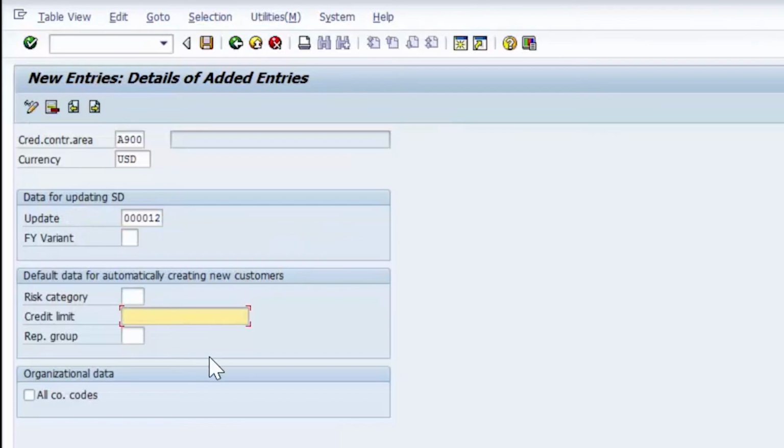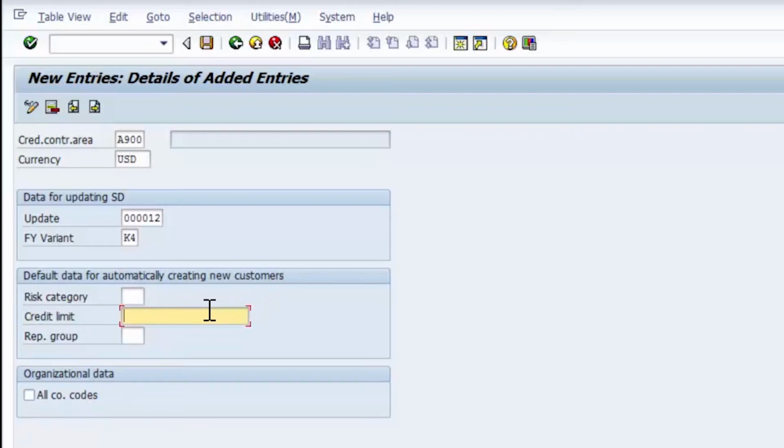Credit limit. So the credit limit has a fiscal year variant. This we are specifying as K4. That's what we have selected for our company code. And so the same is being specified here. Credit limit. Now credit limit can be defined here, and it is also defined individually at the customer master. So if you look, the heading of this section is default data for automatically creating new customers.